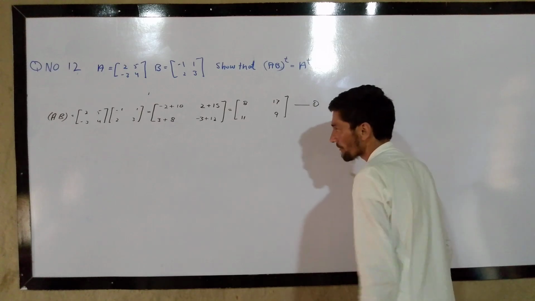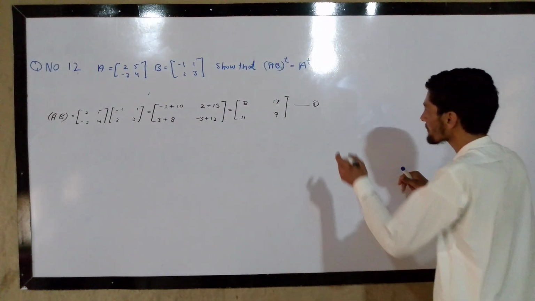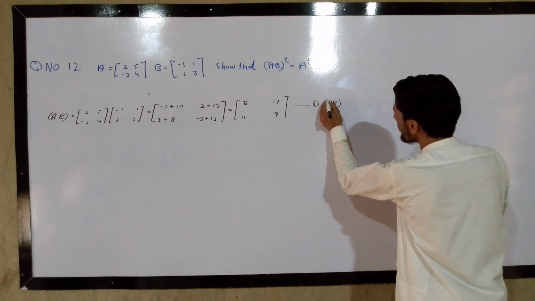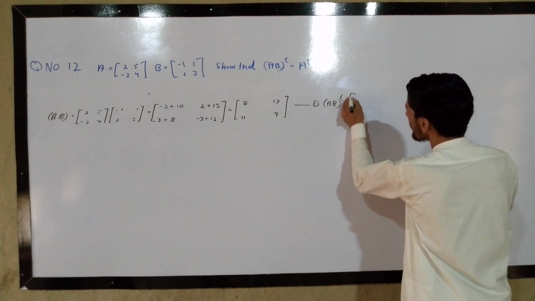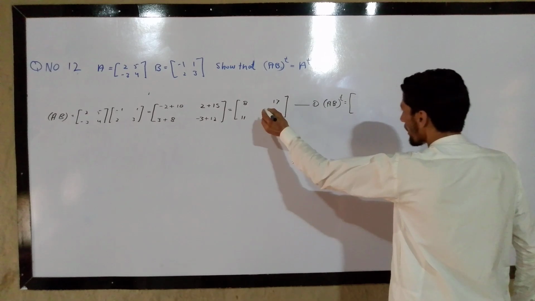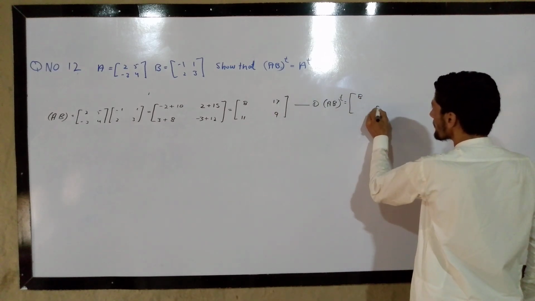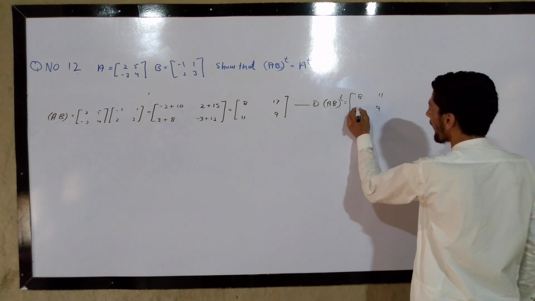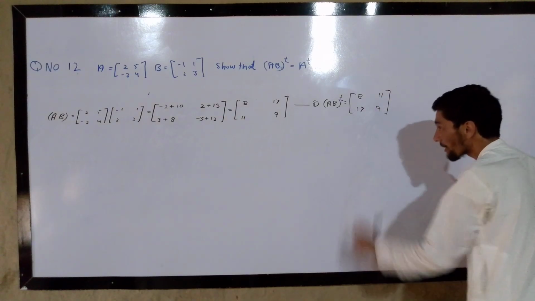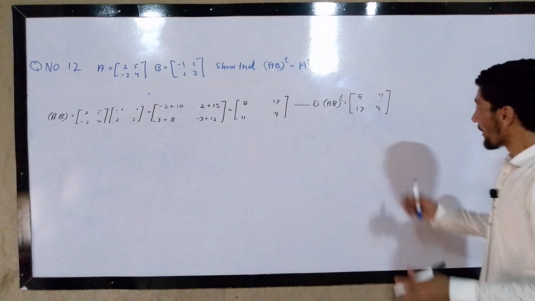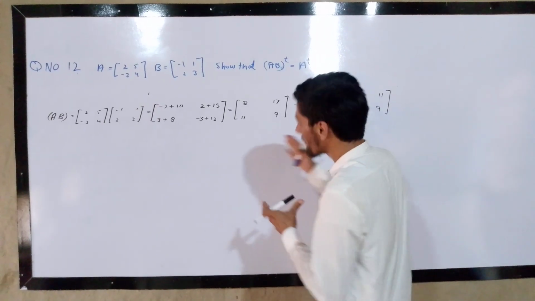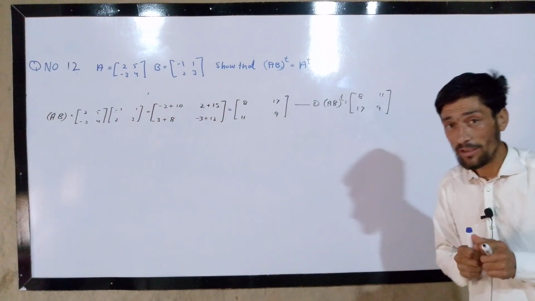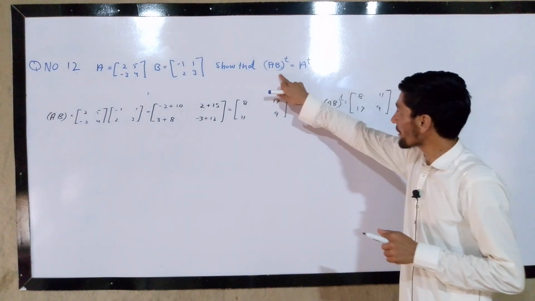This is called equation one. Now taking the whole transpose of it, (A × B) whole transpose is equal to [8, 11; 9, 17]. This is the last tip that I have provided: the transpose of A cross B is the transpose of the product. So I have done it.